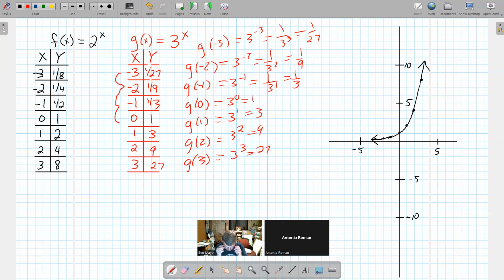And let's see, let's graph that. -3, 1/27, -2, 1/9, -1, 1/3, 0, 1, 1, 3, 2, 9. 3, 27 is off the graph, but if I graph this thing,